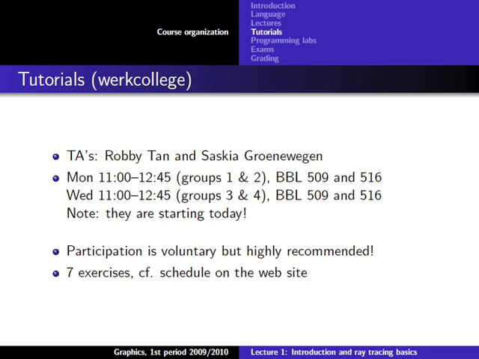Good, I already said there will be tutorials or exercises and practicals. The tutorials will be supervised by one or two teaching assistants. The major teaching assistant is Robitan, a colleague of mine. In the beginning there are two groups, which is why Saskia Kronewegen will also be a teaching assistant for the tutorials. The tutorials are voluntary, so you're not forced to go there, but I highly recommend it, of course, because